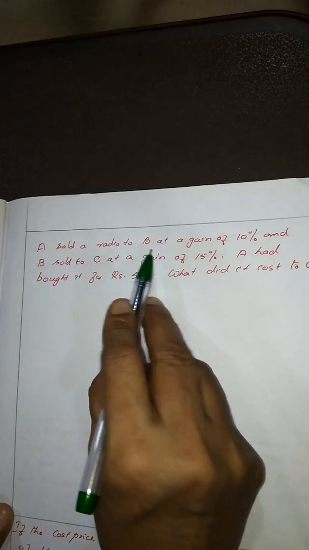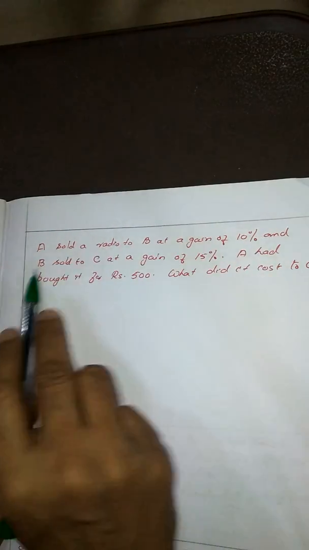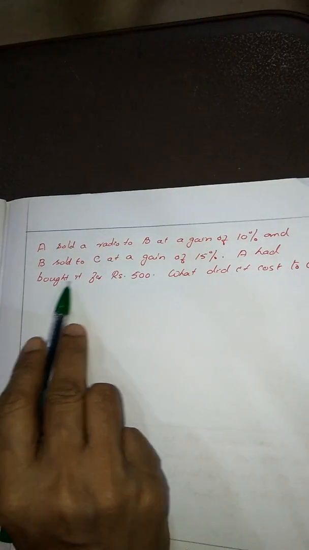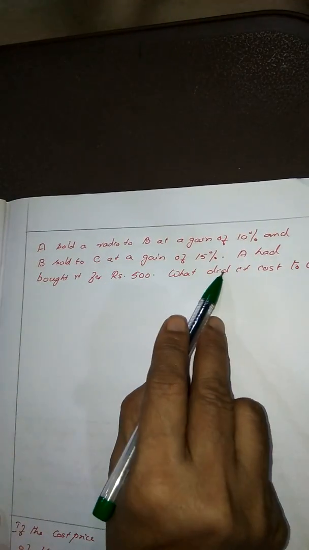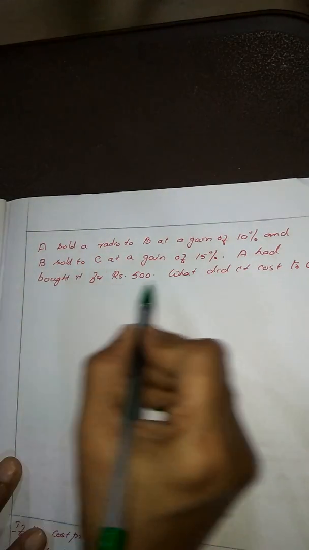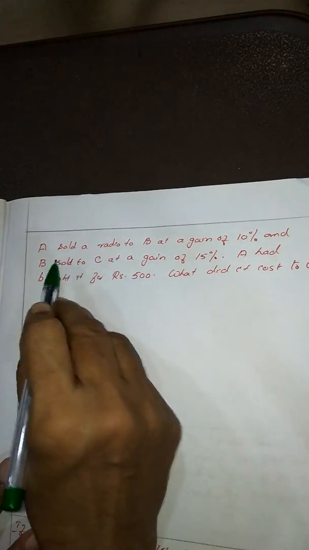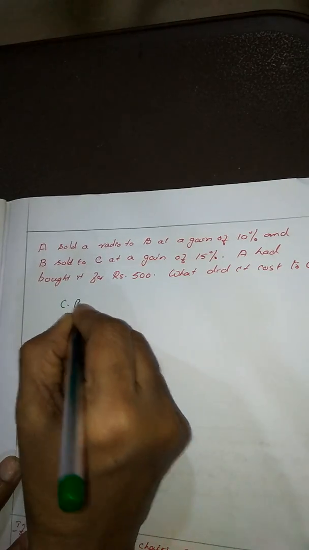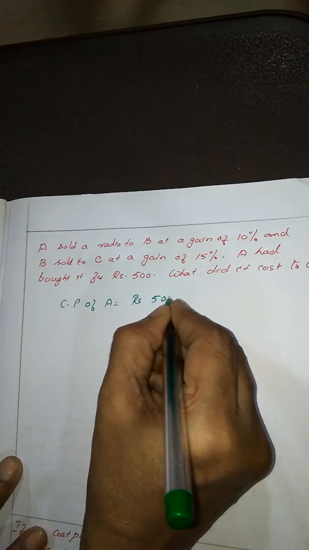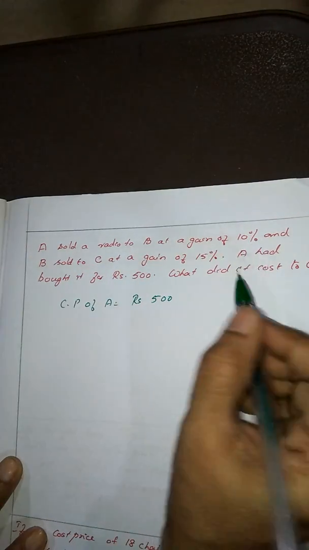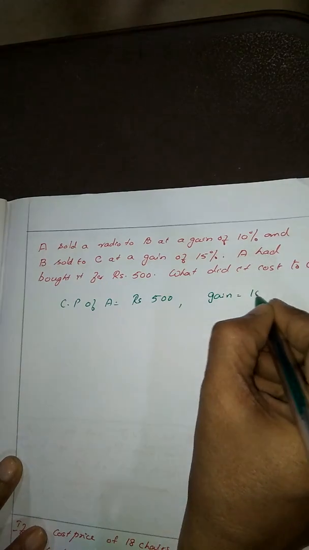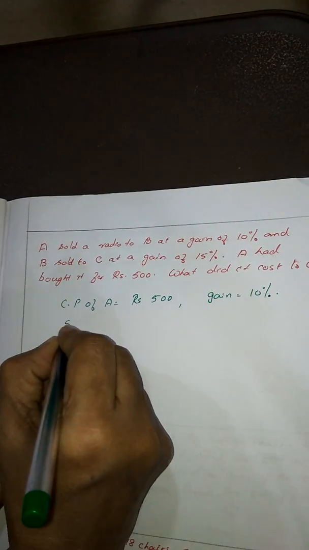A sold a radio to B at a gain of 10% and B sold to C at a gain of 15%. A had bought it for 500. What did it cost to C? This is a very direct question. A had bought it for 500. So cost price of A is equal to rupees 500. So A is selling at a gain of 10%, so gain is equal to 10%. So his selling price is equal to